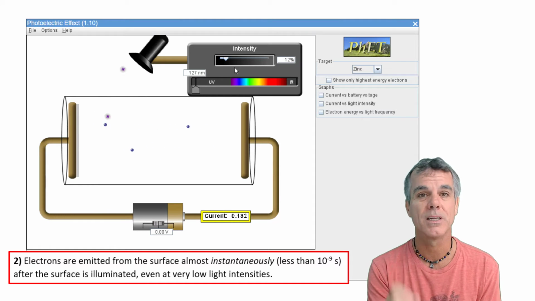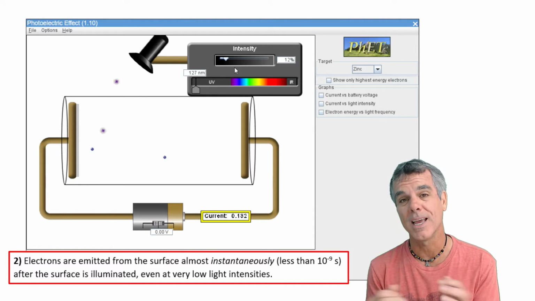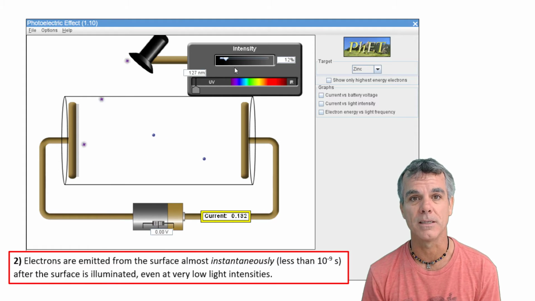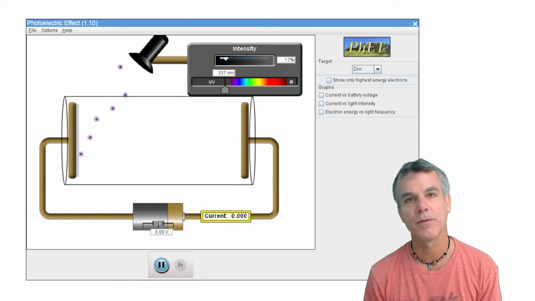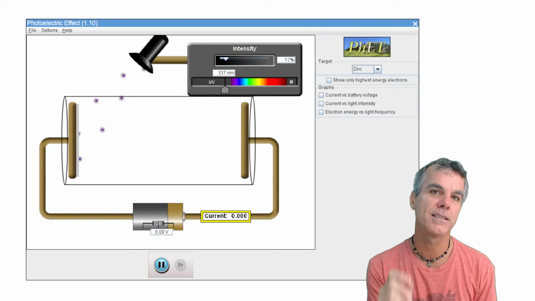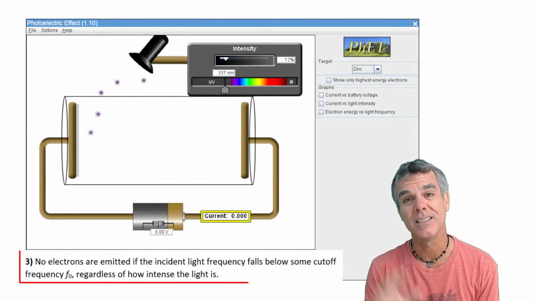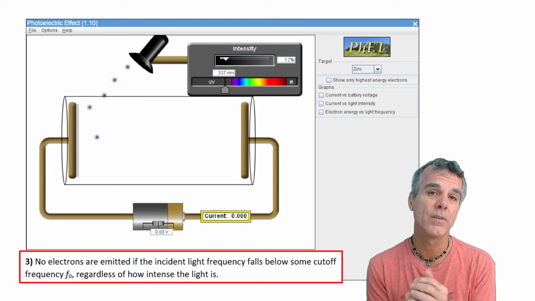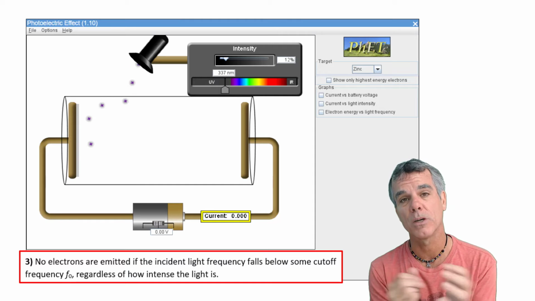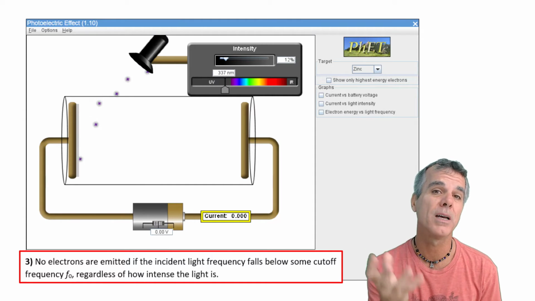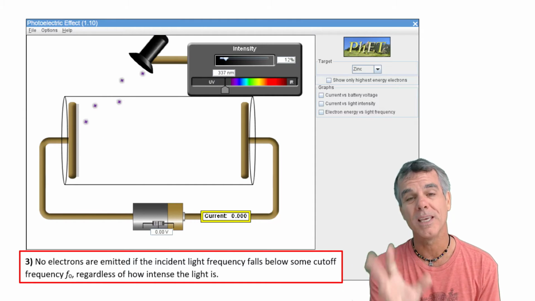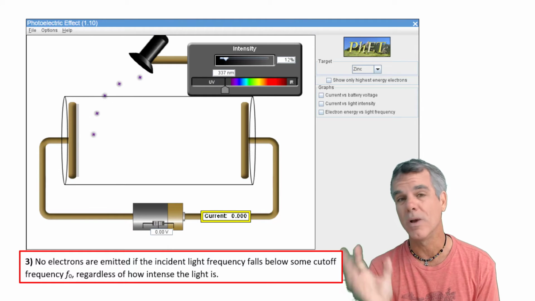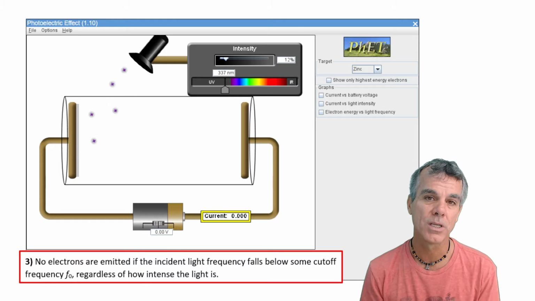As soon as the light hits the metal surface, if it has enough energy, the electrons are ejected almost instantaneously. The third feature of the photoelectric effect that is inconsistent with the wave model of light is that no electrons will be ejected if the frequency of the light is below a certain threshold frequency that depends upon the kind of metal. So if the frequency is not great enough, then no matter how intense the light source, no electrons